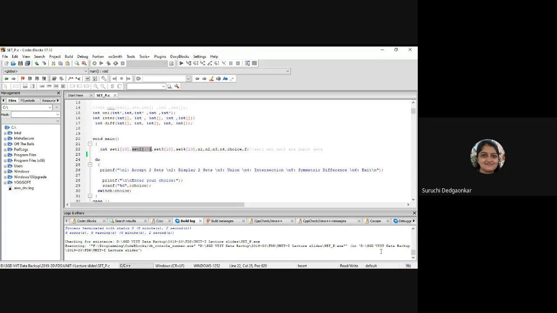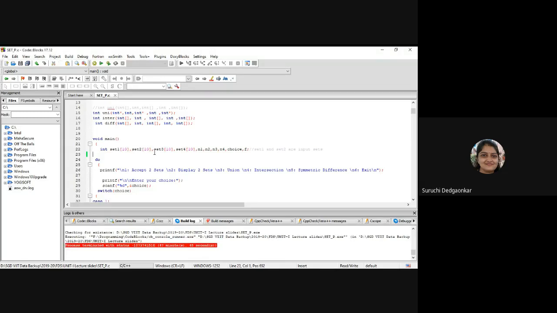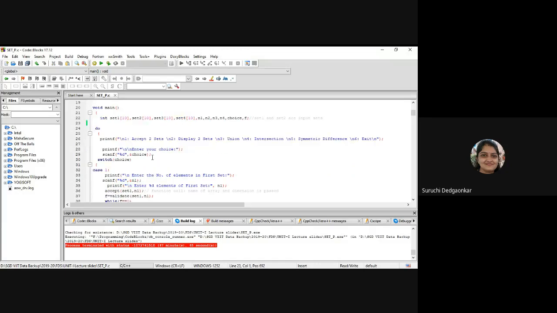And set 3, set 4, all these are the output sets. And n1, n2, n3 are nothing but the dimensions, to store the dimensions of these sets.